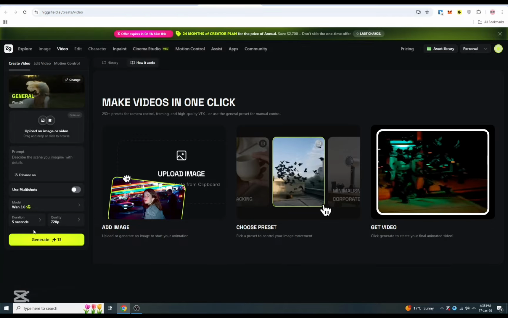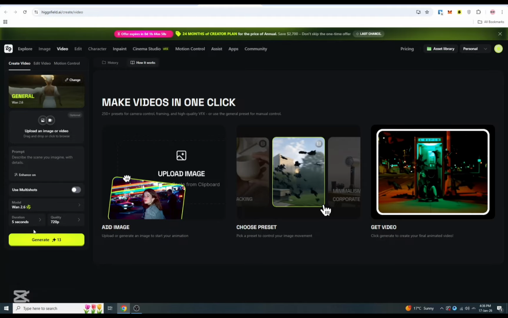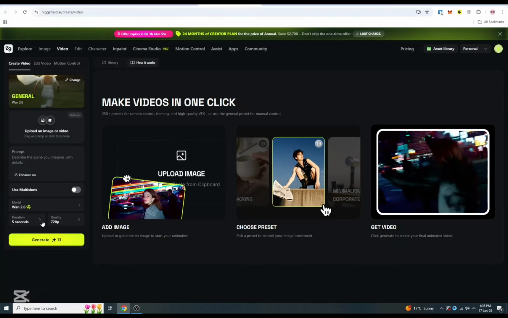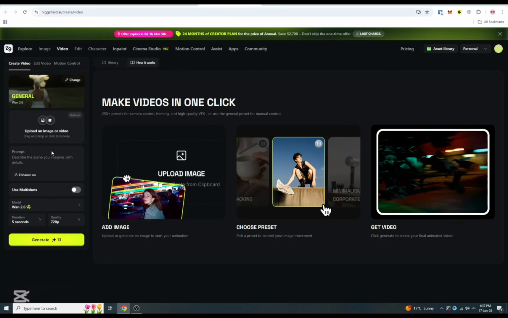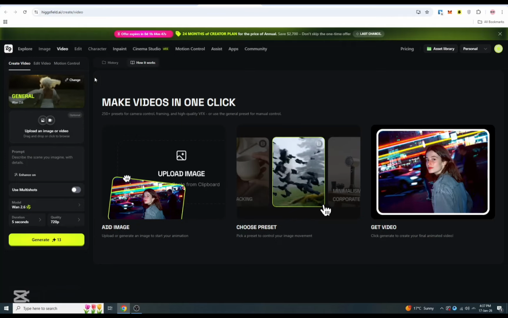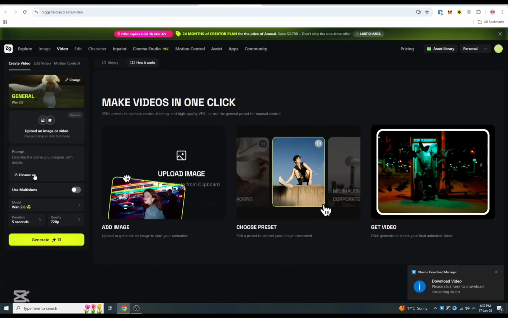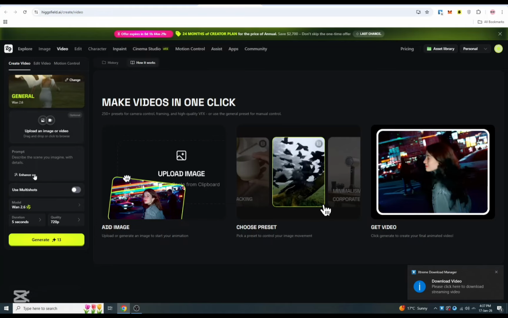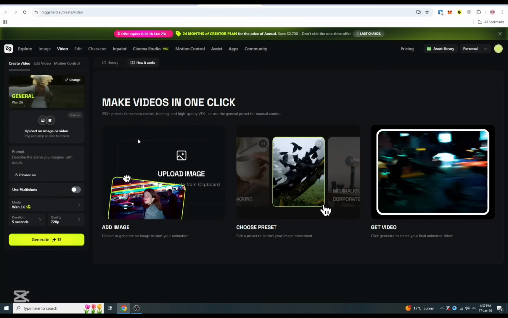So that is a very simple method you can use to get videos for your Shorts, Instagram, Telegram, or TikTok Reels. One of the most useful tools for everyone. If you want to get a prompt, you can simply go to GPT and ask about anything you have in your mind, get the prompt from them, and then simply paste the prompt into Kling 2.6 and after that you will get your video, your Shorts, ready in a few seconds. So that is one of the most advanced tools I have ever seen.